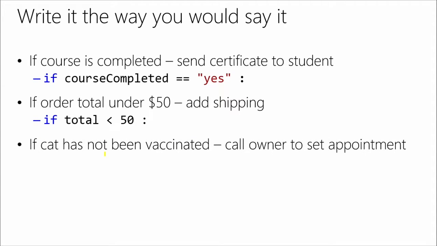If a cat has not been vaccinated, call the owner. Now this one, it's if they have not been vaccinated, call them over. So in that case, I might actually use if not vaccinated, because it's the way I think of it. I only do the action if the cat is not vaccinated. You could also use the not equal, so you could say if vaccinated bang equal, or bang, exclamation point, bang, it's a Unix thing. In any event, you could also say the exclamation equals. And again, it does come down to a matter of personal preference.